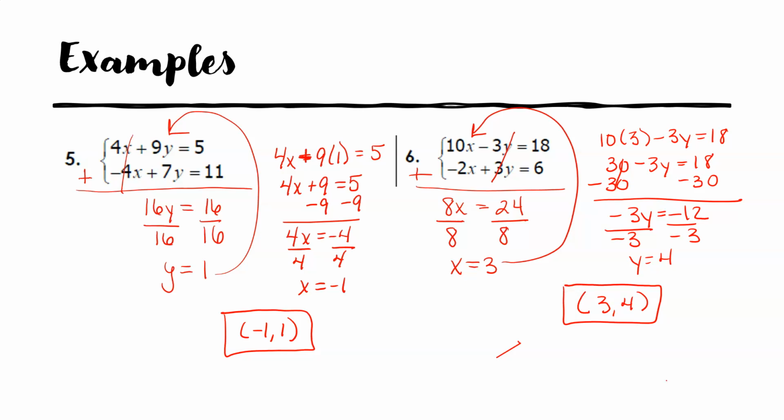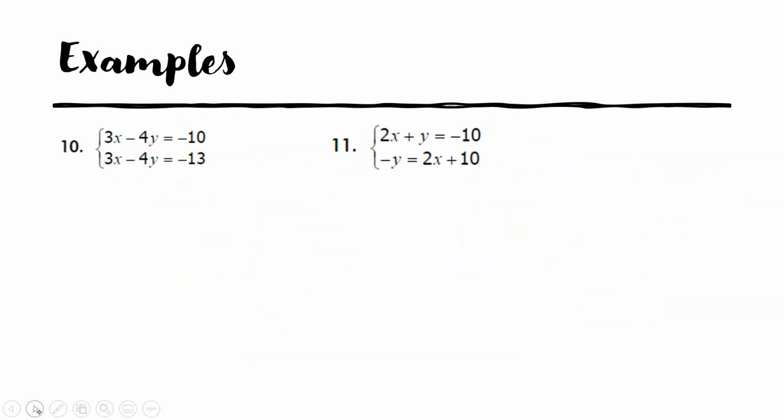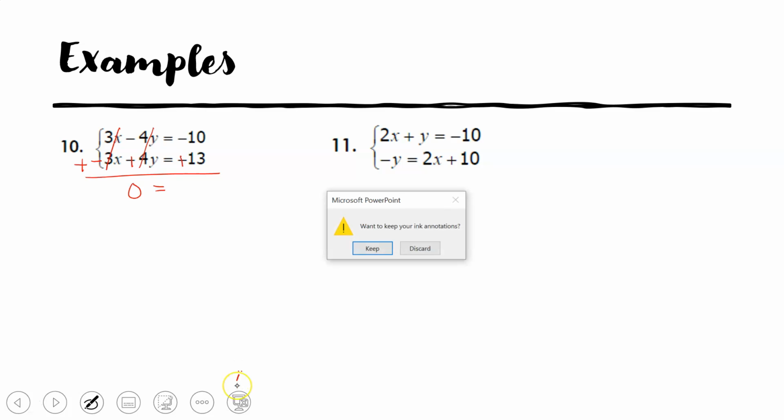All right, here's where we're going to skip down to 10. 10 and 11 are important because they're the oddballs. So, you know, we have two choices here for number 10. I'm going to choose to get rid of the 3's. So they have the same sign, so I'm going to subtract, and I'm going to change that to addition, or make all the signs opposite. So I'm canceling the 3's, and the 4's are canceled. So I have nothing on this side. My variables are gone, and